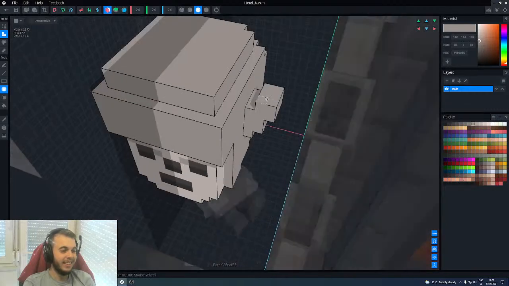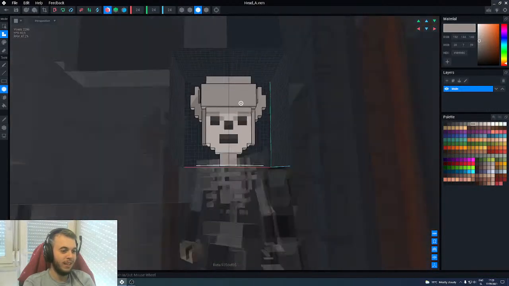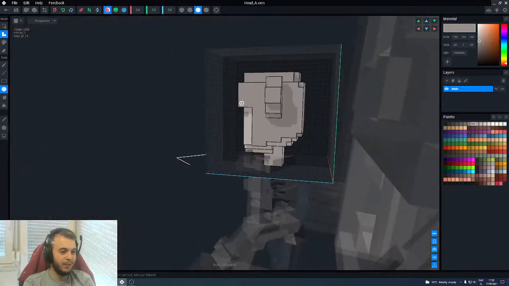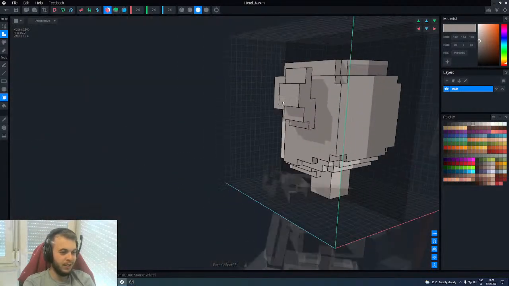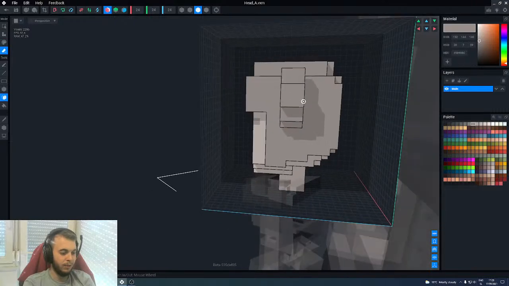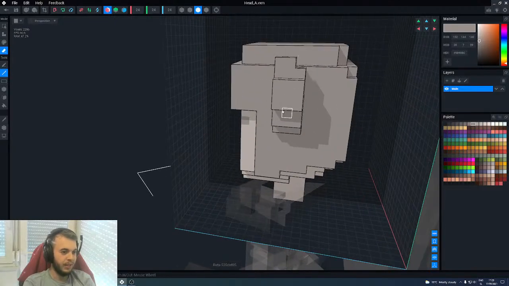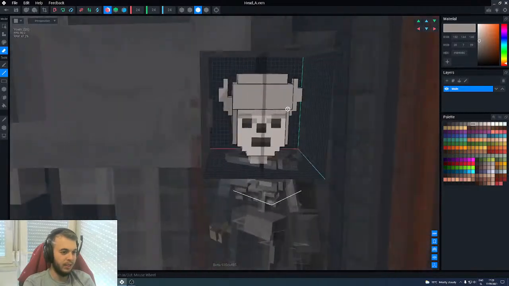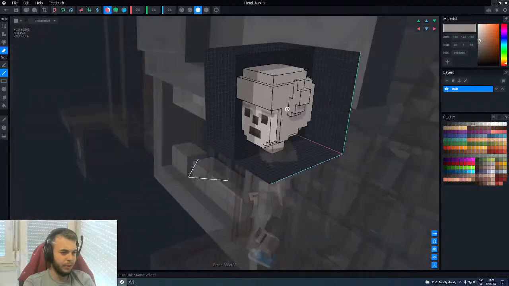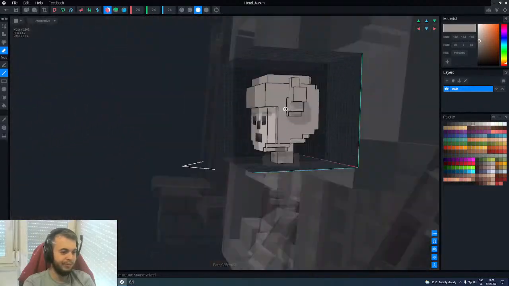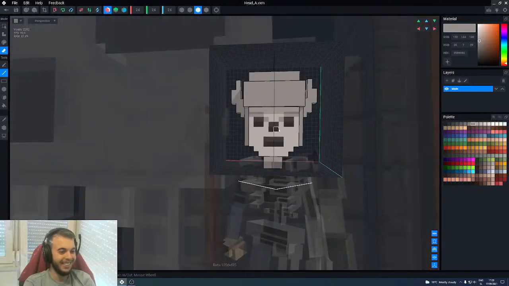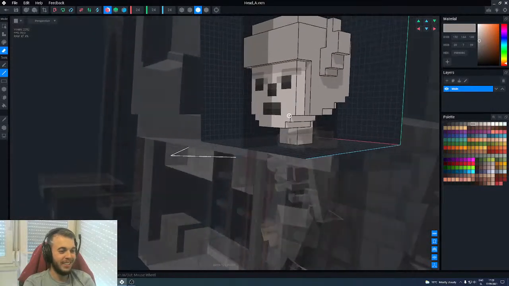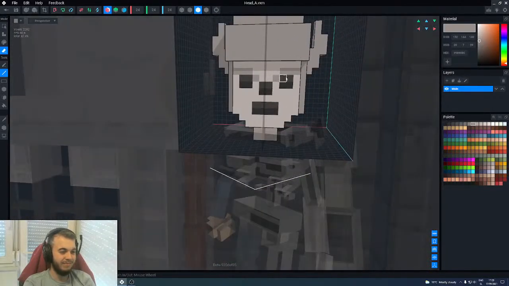Let's see, nothing too fancy, maybe something like that, just so it does look a little bit more dangerous. And then let's move it a little bit forwards, and then maybe we can do something like that. Cool. Yeah, that's a pretty decent helmet right there. What more do you want? And then